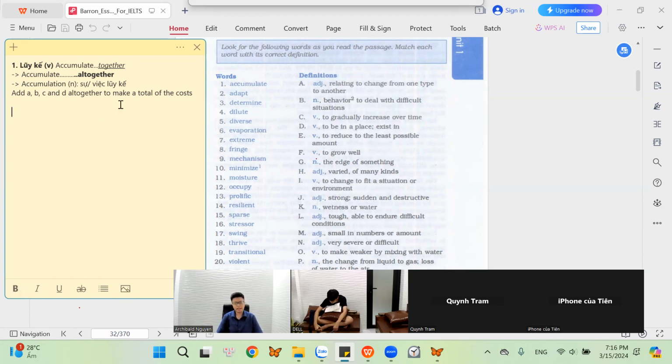All right. Okay, so here is my situation for accumulate. I accumulate all the fees in business and in my daily life all together. The fees in business include online platforms like Zoom. I have to spend 300,000 Vietnam dong every month in order to be able to teach online like this. I cannot use the free version of Zoom. If I use the free version of Zoom, Zoom is going to